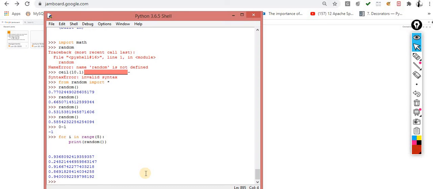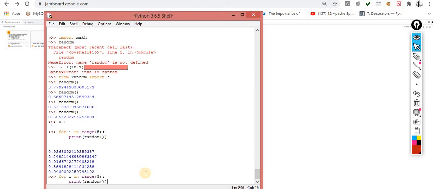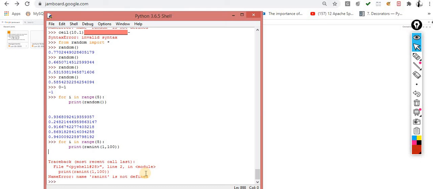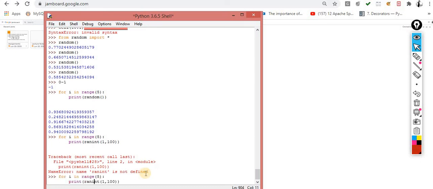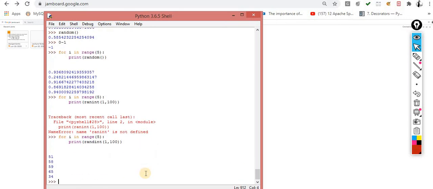Now the next one: sir, I want to generate between 1 and 100. Same thing, very simple. For this kind of problem statement, the method to use is randint, between 1 and 100. I want to generate only 5 values, between 1 and 100. Okay, spelling mistake, it is randint, RANDINT. Now it will always generate random values between 1 and 100.